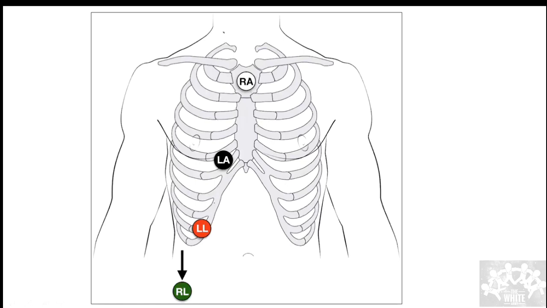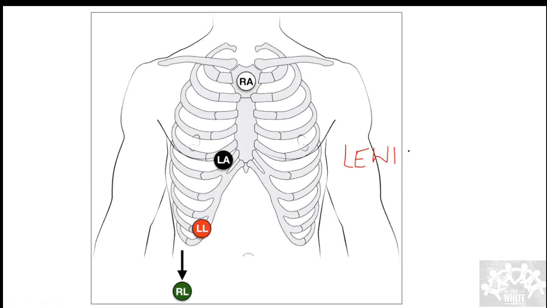So this is the right arm. You can modify the leads here. The right arm is placed on the manubrium sterni. The left arm is placed in the fifth or sixth intercostal space on the right, and you place the other lead on the lower left costal margin and lower right costal margin. This forms one triangle. This is called a Lewis lead.